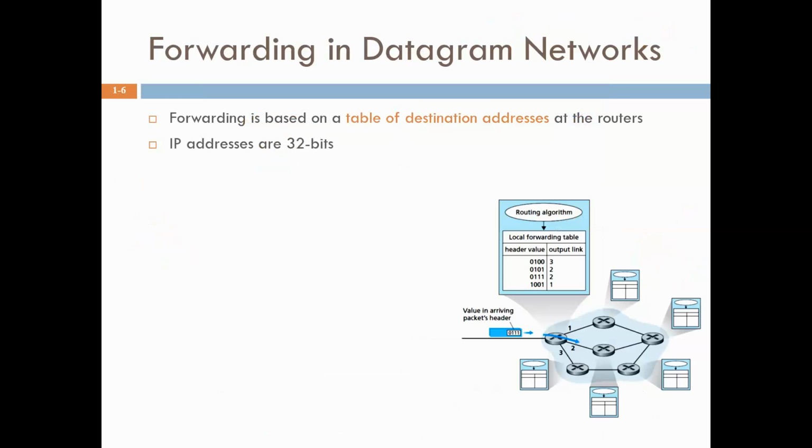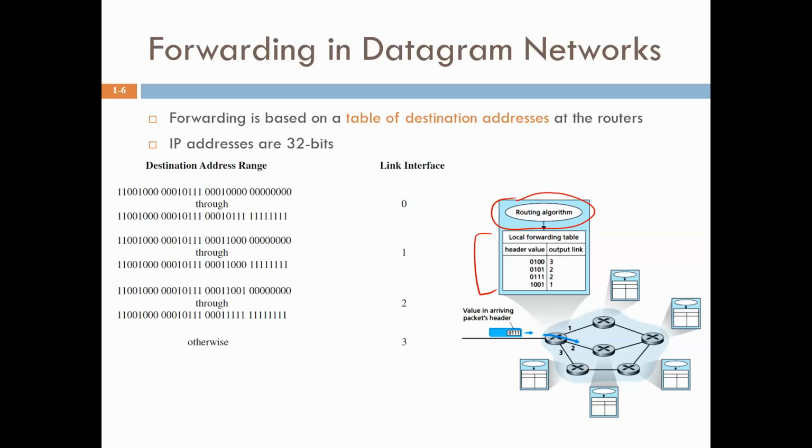So what does the forwarding table look like? If you have the network that you see in this figure, we see here the routing algorithm figures out what is the best path and fills in the forwarding table, which we see here. What is actually saved in the forwarding table? The forwarding table is not indexed by specific IP addresses, but rather by a range of IP addresses. So one entry in the forwarding table will say, if the destination IP address is from this value to